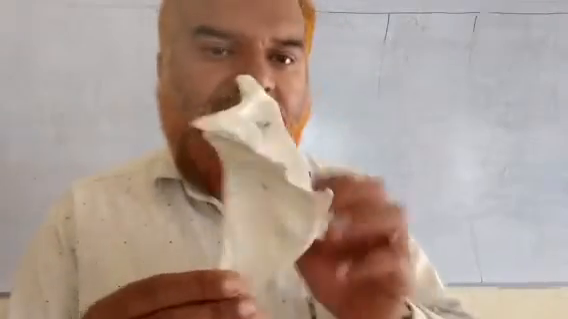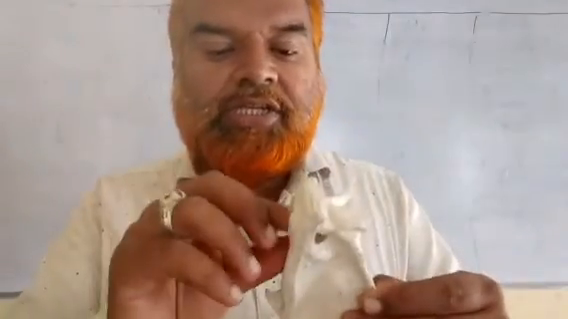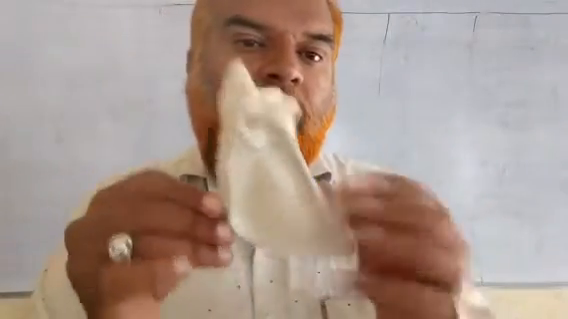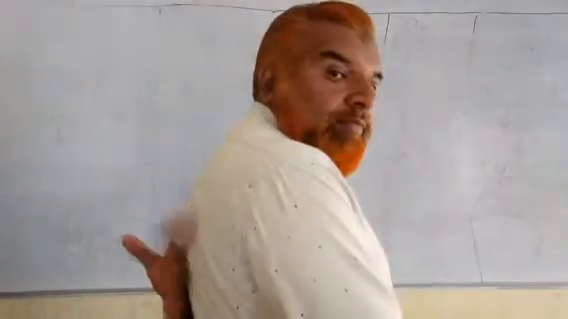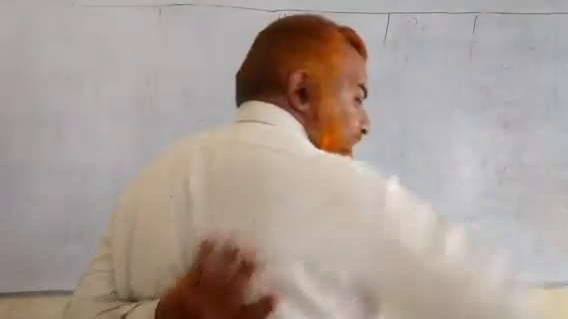This bone is known as scapula. It is known as the shoulder bone. Where will it be? It will be this bone, this shoulder here, for the movement of this. So this is what is known as